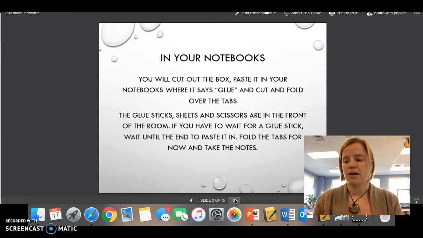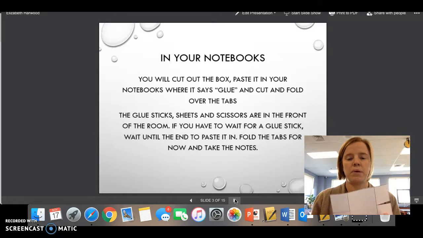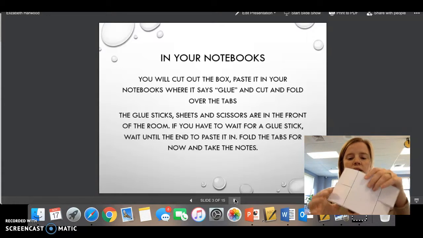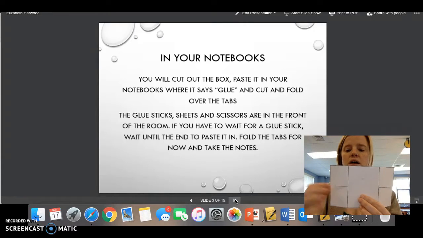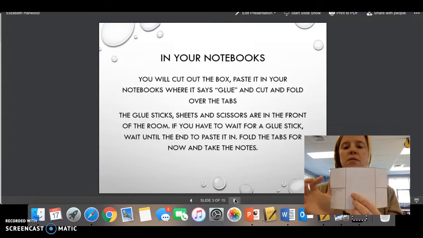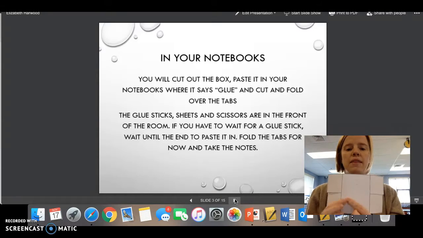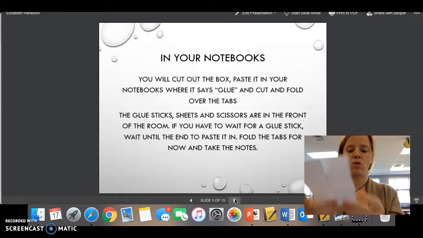So you're going to cut out this box and paste it in your notebooks, okay? It's going to look like this after you cut it out. You'll cut down the sides to make 4 tabs. And then where it says glue, you're going to actually glue it into your notebook. So it'll be face down like that. You're going to fold the tabs over,